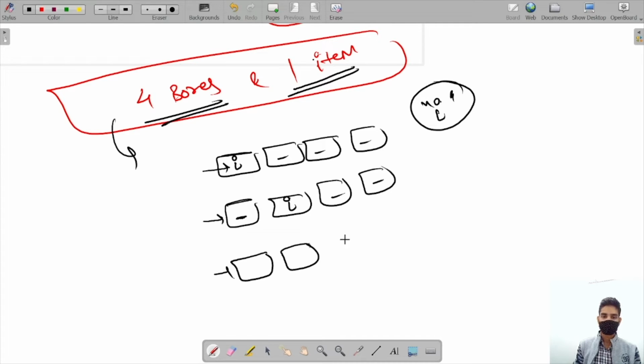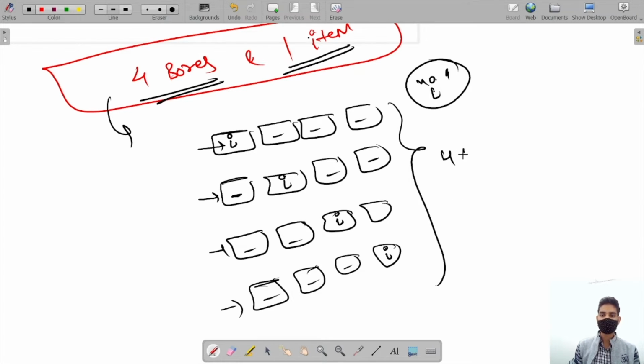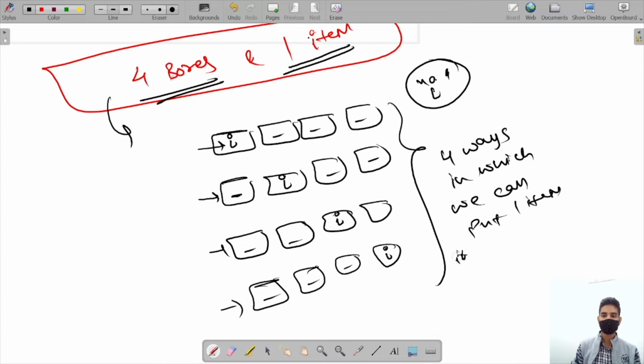After that, I will say I will not sit here either, so this will also remain empty and I will sit here. One last one: I will not sit here, not here, not here, I will sit here. So these are the four ways in which we can put one item into four boxes.